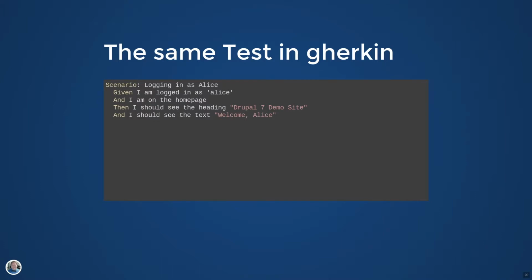Scenario: I am logging in as Alice. Given I am logged in as Alice and I am on the home page, then I should see the heading Drupal 7 demo site, and I should see the text welcome Alice. Which one of those is easier to read from a non-developer's point of view? And frankly, from a developer's point of view. Obviously this one. They do the exact same thing, but